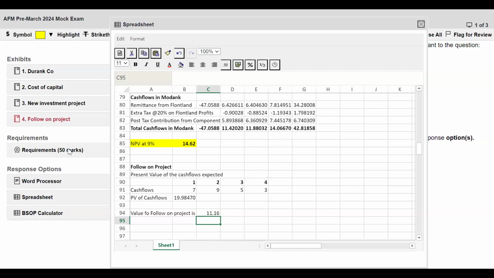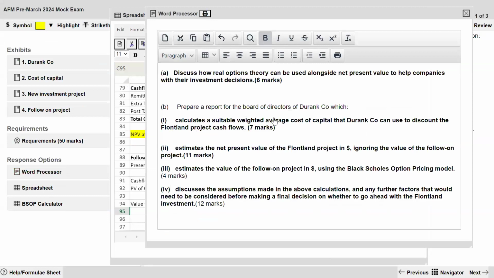Now you see what are we going to do now? We're going to say, okay, let's come on to the word processor. So basically, discuss how the real options theory can be used alongside net present value to help companies with their investment decisions. So what are you going to do over here? You're going to talk about that real life options